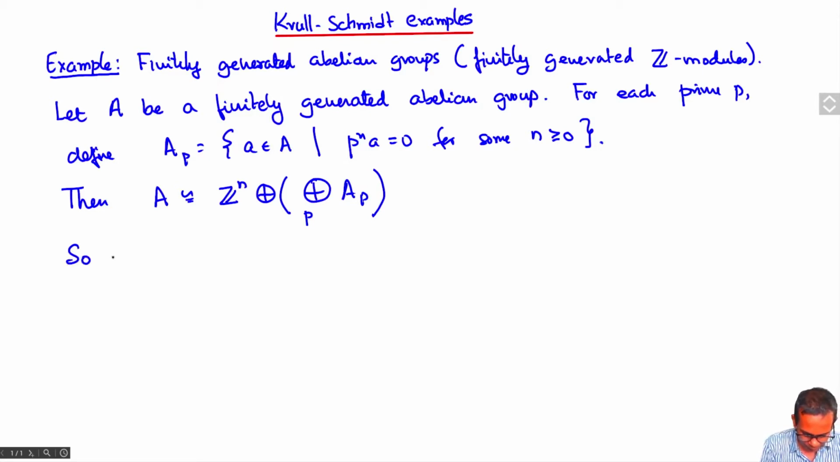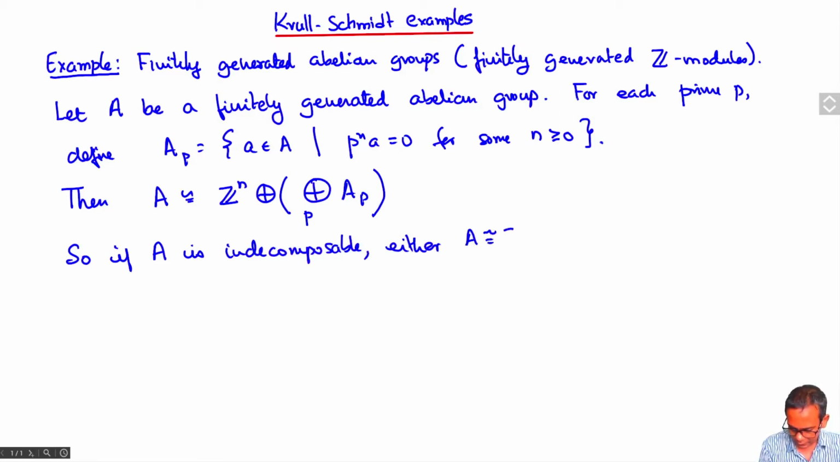So if A is indecomposable, either A is isomorphic to Z, or A is A_p for some prime number p. So either A is free and it's isomorphic to Z, or A is what is known as p-primary for some prime p. And furthermore, if A is